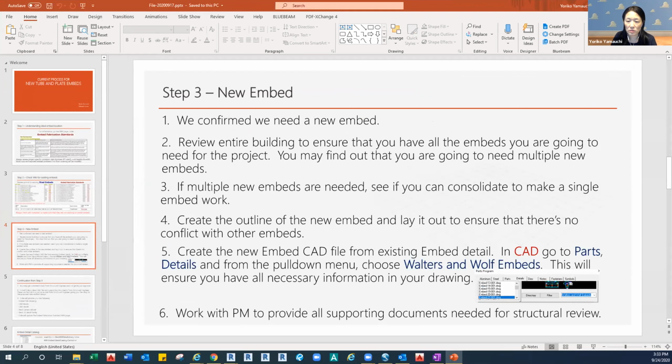Based on my experience, when I look at the profile drawing, sometimes the profile drawing has really good information on embeds, and sometimes it doesn't. I see embeds called out as FE21, but the picture is not FE21. Then when I double check with the fabrication Jumpstart team, sometimes the picture was right, sometimes the callout was right, and vice versa. So that's something we should always be aware of. Don't trust 100% what they show in the shop drawing or profile package, because you may have to change things later or chase the information later.